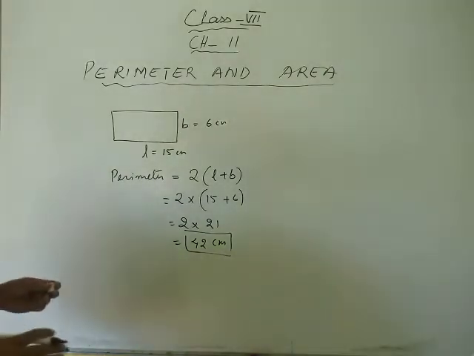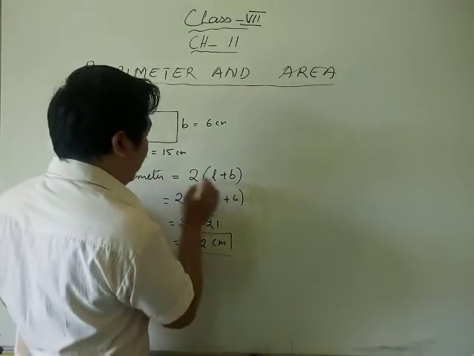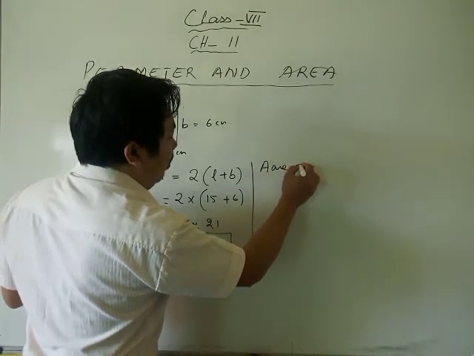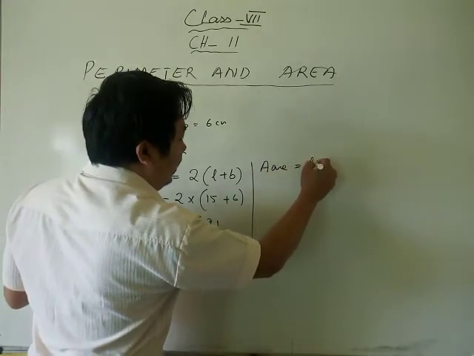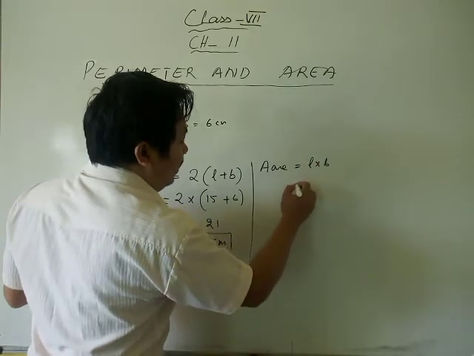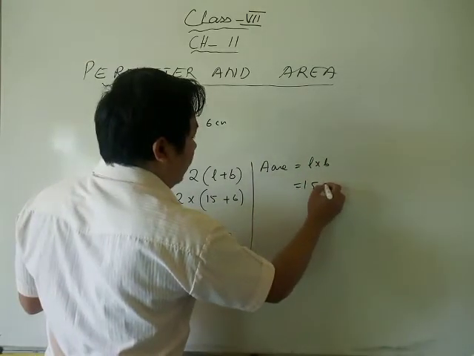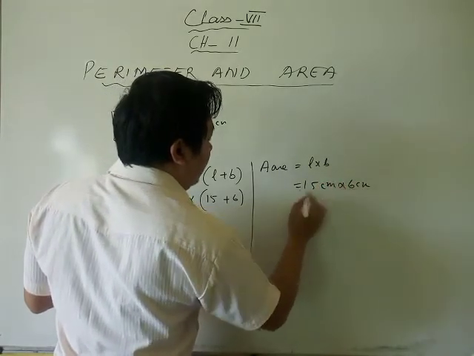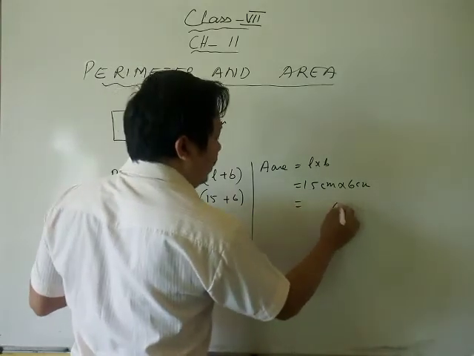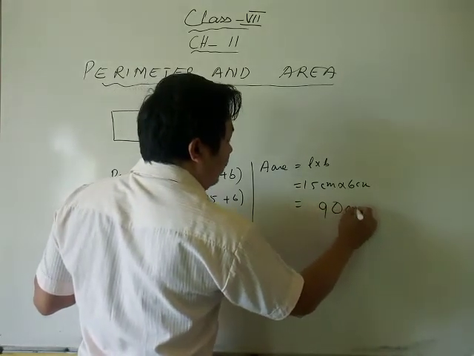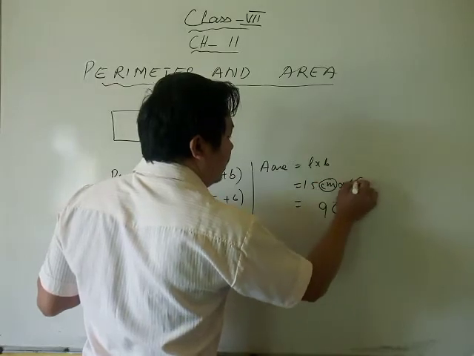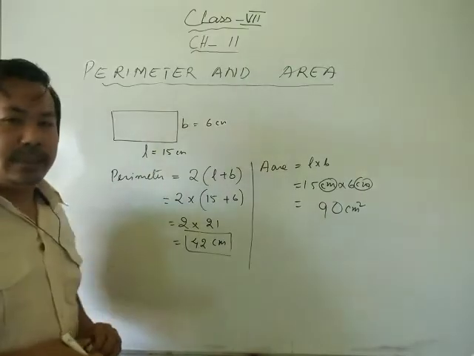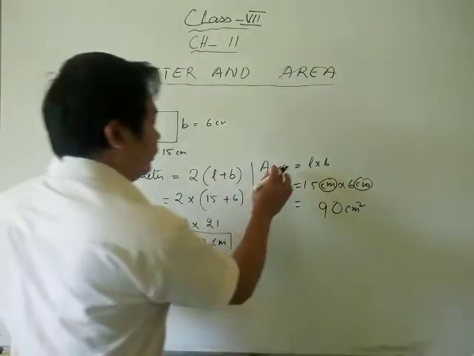And if you want to find out the area, this is about perimeter and area. For example, area. We know the area of the rectangle is L into B, that means length into breadth, isn't it? That means L is how much? 15. Then 15 centimeter into 6 centimeter. So 15 into 6 is 90, and centimeter square, because centimeter and centimeter are multiplied to give centimeter square. Means 90 square centimeter is the area of